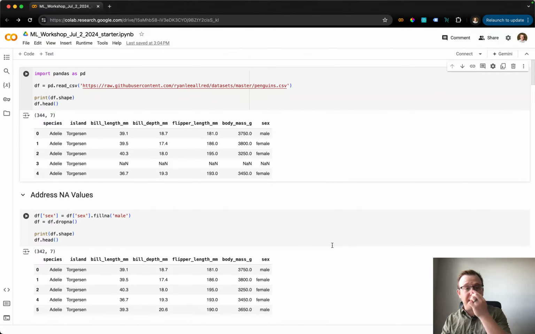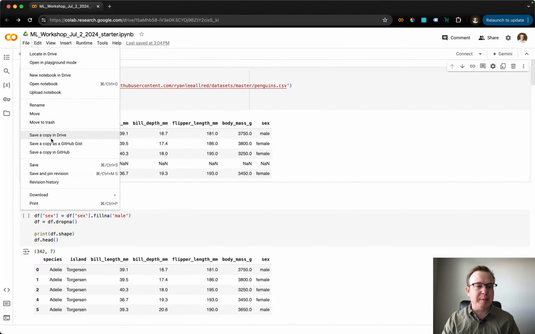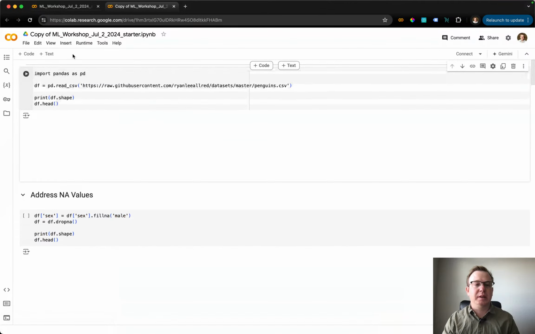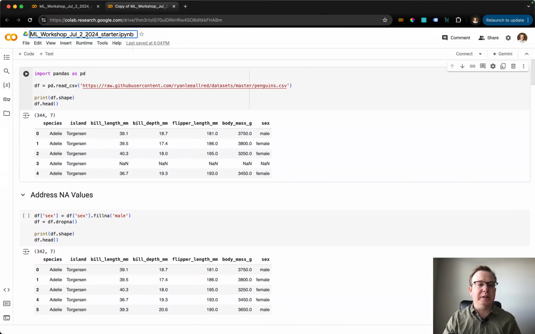We're going to be writing a lot of code today, so that might be a good thing to do. I'm going to make a copy of it in Drive, and eventually this new one that comes up is the version that we are going to be doing together